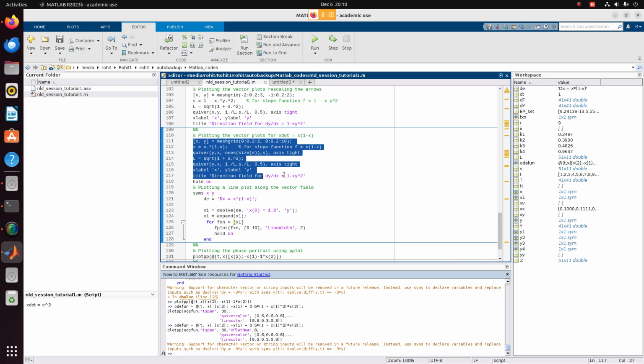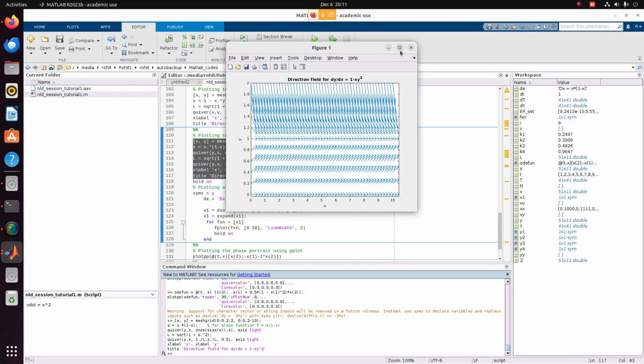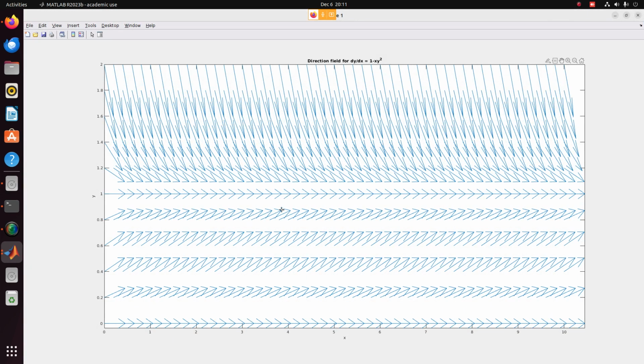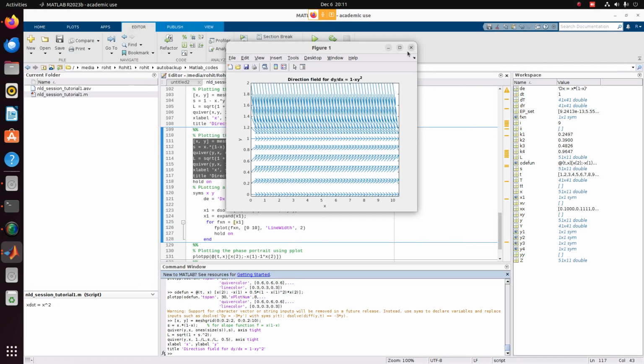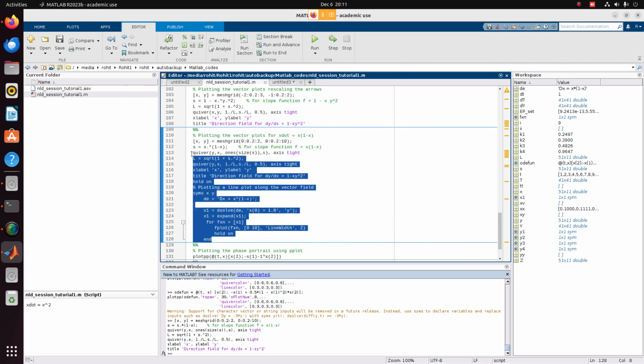And if you plot only that, you will observe plots like this. So your vector is moving like this, you can observe it's coming like this and it's moving towards the x-axis. Now when you want to plot a line for this given thing,